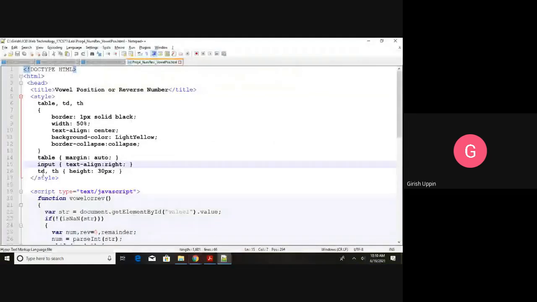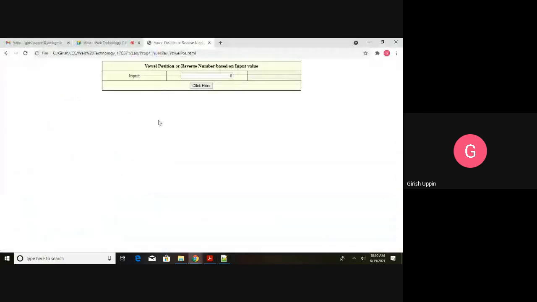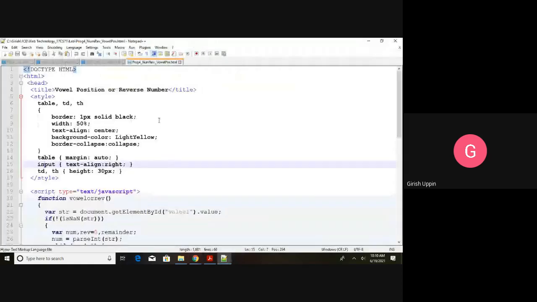For this and this, the text will be aligned right. Then for TD and TH, I have one more property, height, which I have specified as 30 pixels. If you want to do that, you can do that, or you can leave that. That is the end of the styling. Then start the JavaScript.